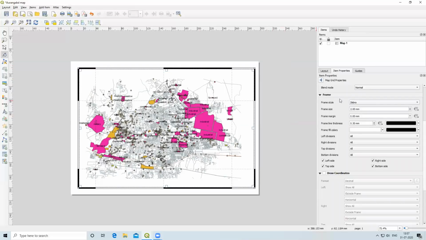Now you can see, you can change from here, but I am keeping zebra. Now you can reduce the frame size 1, 2, 3 as per you want. Then if you don't want the zebra style on the left top, you can uncheck it from here.